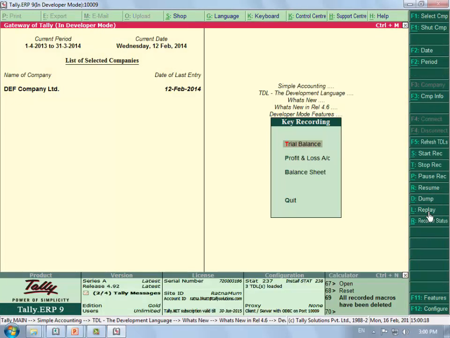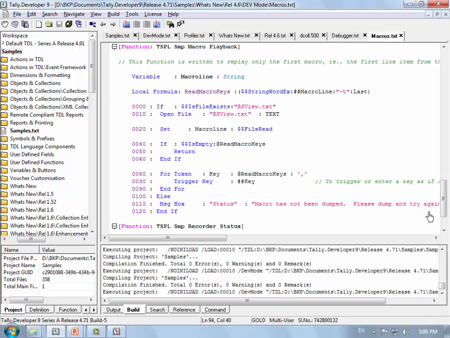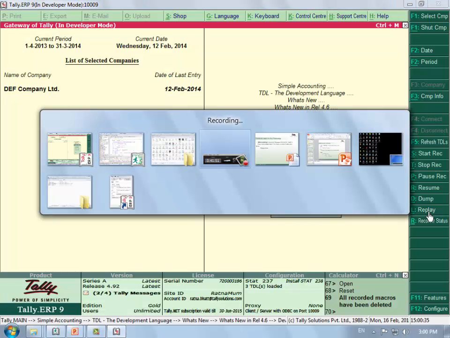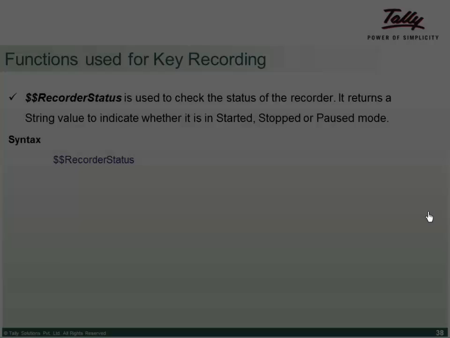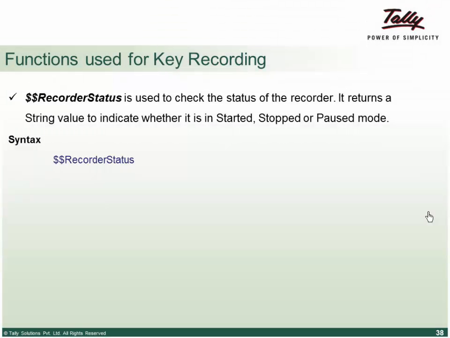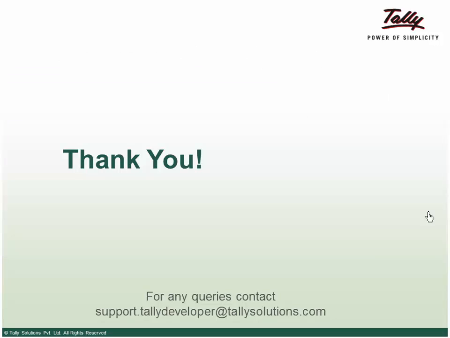It is going so fast that we cannot see what exactly is happening, but you can see that it is trying to get into the field and just coming back. Something is happening which is so fast that we cannot see, but it's happening. Record status to check what is the current recorder status. So these are the profiler, the on-screen tooltip, the debugging and the recording and playback functionalities we have for developers. Thank you.